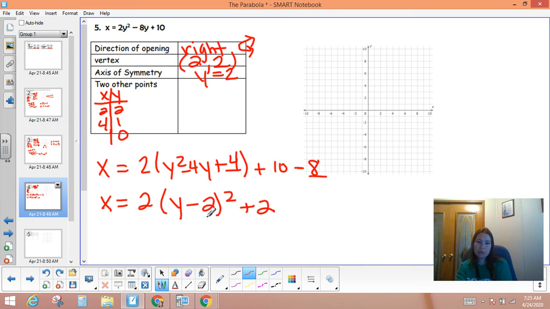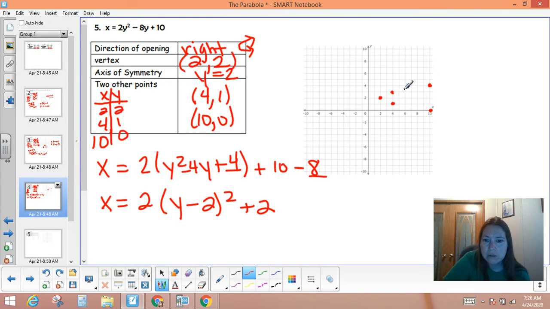Plug in a 0. 0 minus 2 is negative 2. Negative 2 squared is 4. 4 times 2 is 8. 8 plus 2 is 10. So the other 2 points we're working with are 4, 1 and 10, 0. And then they're little reflective buddies. All right, so 2, 2 is the vertex. Then we need to go 4, 1. And 10, 0. Remember, our goal is to go like this. We have this little axis of symmetry running right here. So he gets a friend up here, and he gets a friend up here. And we do our very best at making